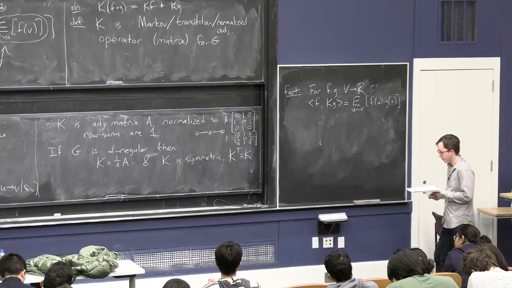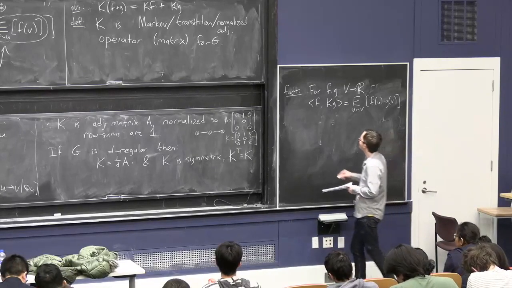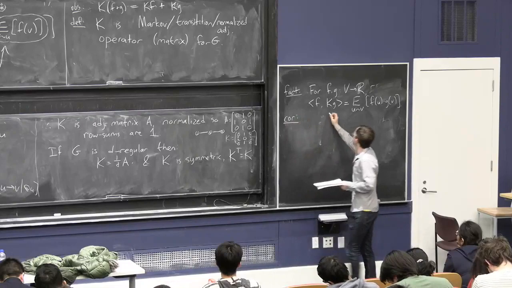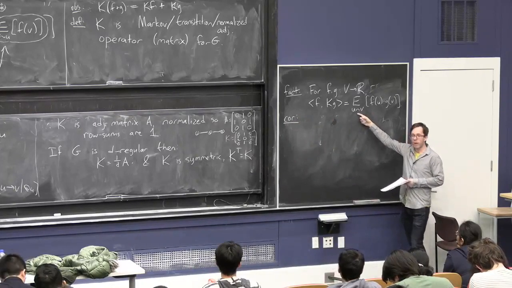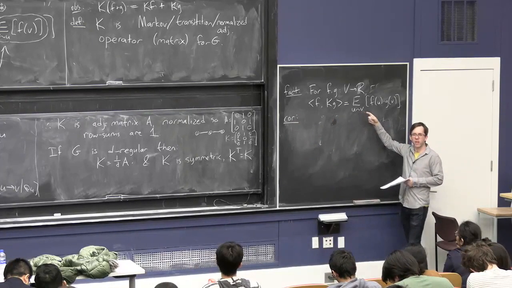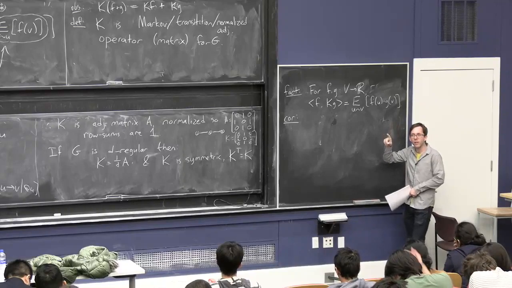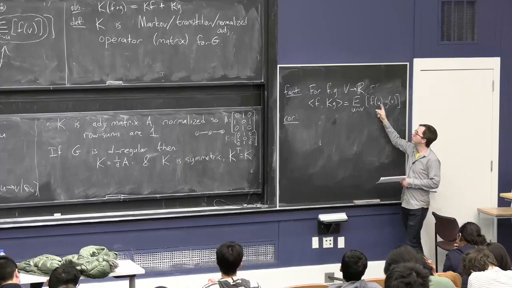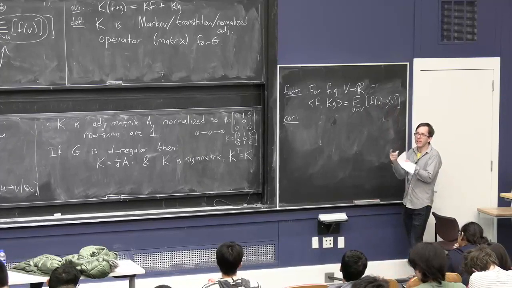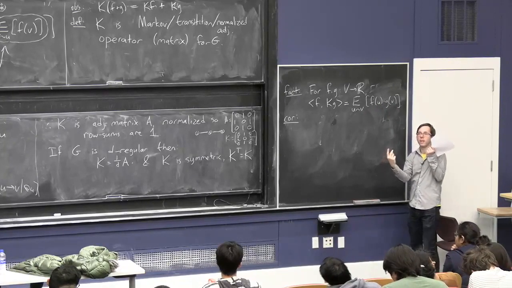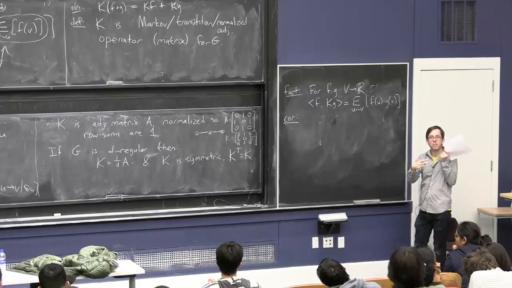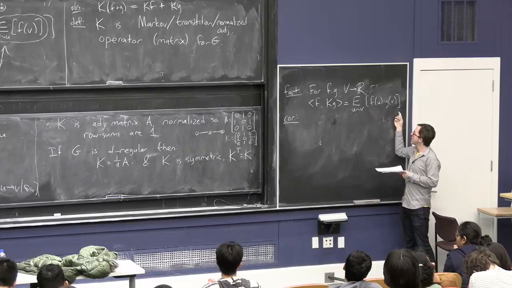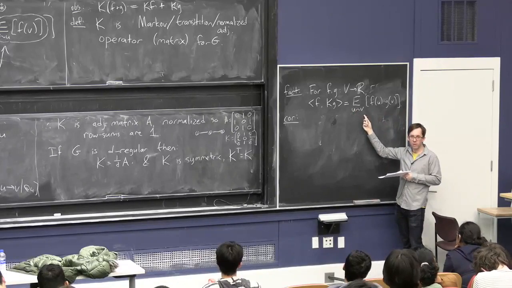But let me make a little observation. I mentioned this before, but this means pick a random edge, but also bear in mind that it's ordered. It's sort of like picking a random directed edge from u to v, and then you look at f of u times g of v. But actually, the probability that you pick the edge from u to v is the same as the probability you pick the edge from v to u. So this number is actually the same if you reverse the roles of v and u,